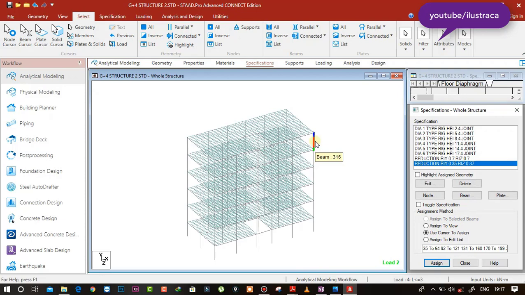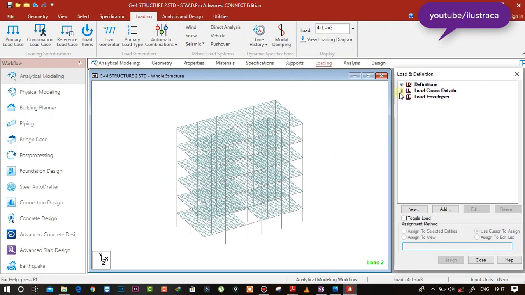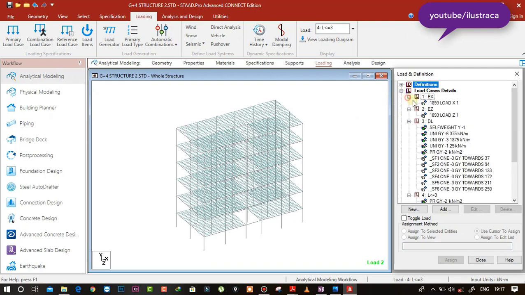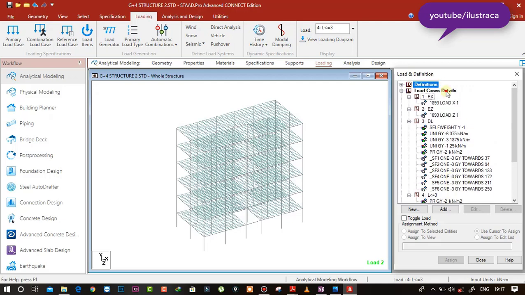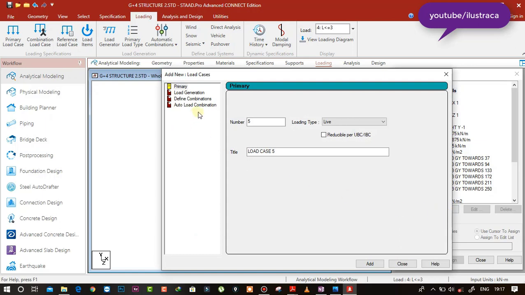So now I'm going to define the response spectrum load case here. As we are not going for only the static analysis, click on load case details and click on add, and here it will be seismic, and I'm going to give this name as spec X, and same spec Z. Okay, seismic and close.